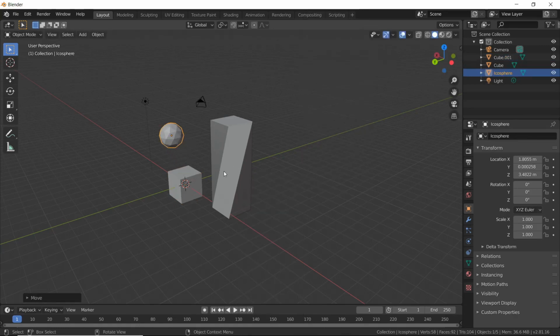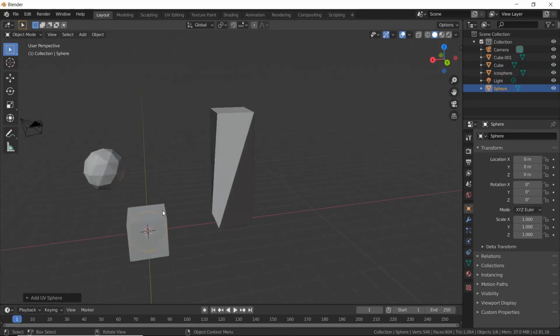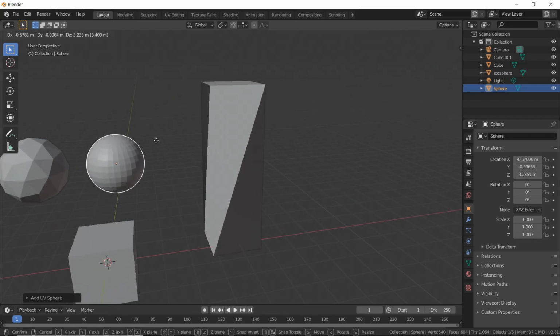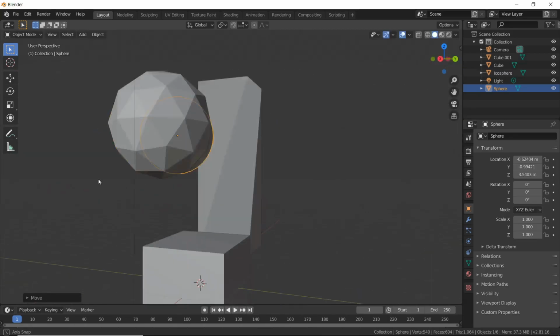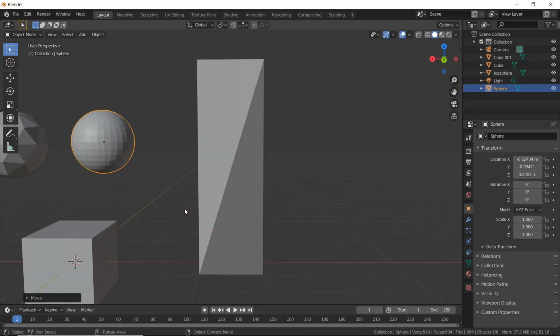Just for fun, we'll put an isosphere and UV sphere. Alright, we have a couple basic shapes right there, and